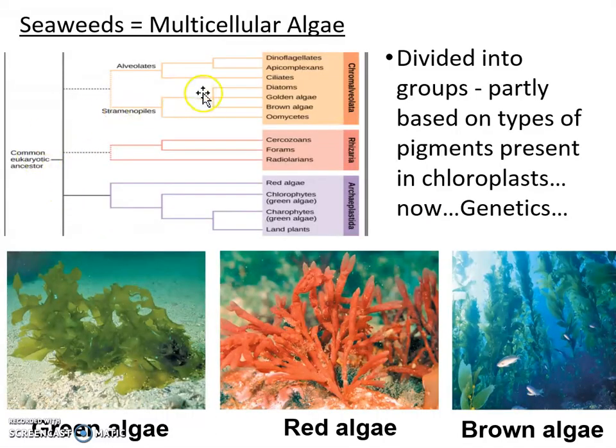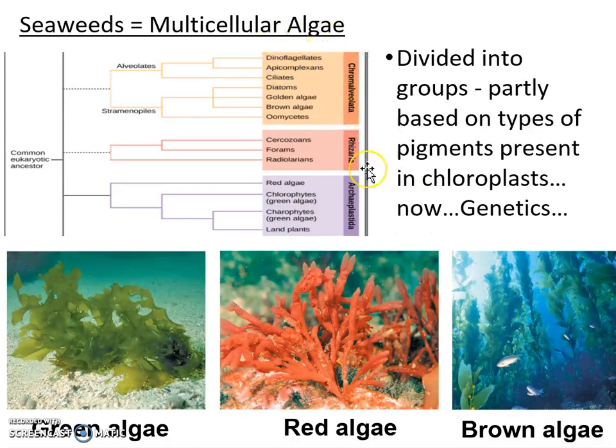As these algae slowly went on to evolve, they split up into these different groups here that we can see when we look at our phylogenetic tree. And we divide these different groups partly based on the type of pigments that were present in the chloroplast that gave them a variety of different colors. And you can see our chlorophytes over here. These are the green algae, and then your red algae that is over here. And then your final group is the brown algae, and the diatoms have been grouped together with the golden algae sometimes, and the dinoflagellates that are also out here have been grouped with the algae because they can do photosynthesis,